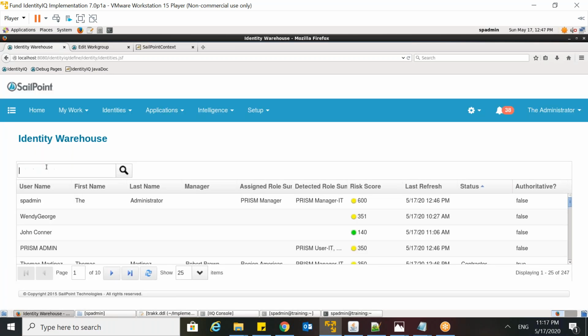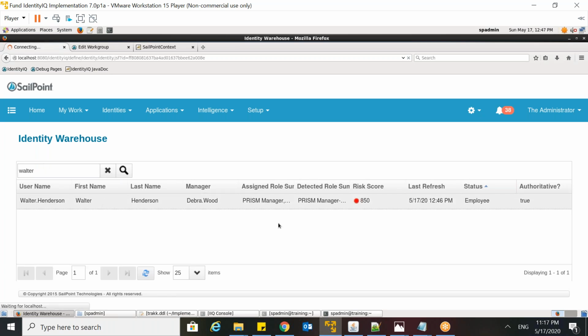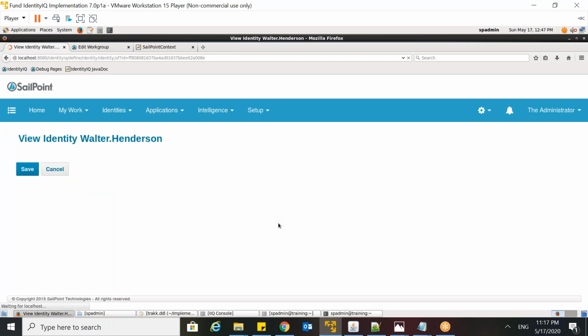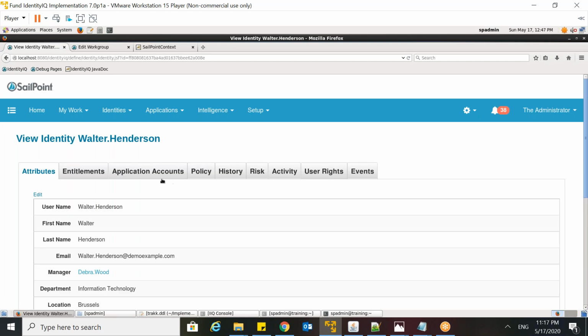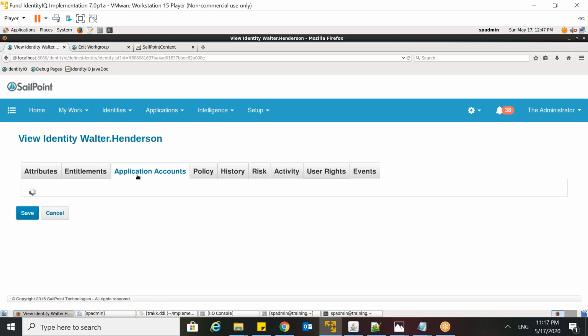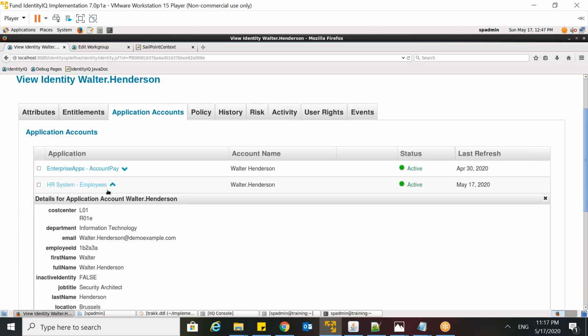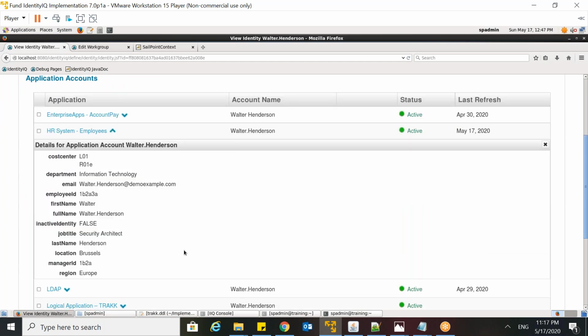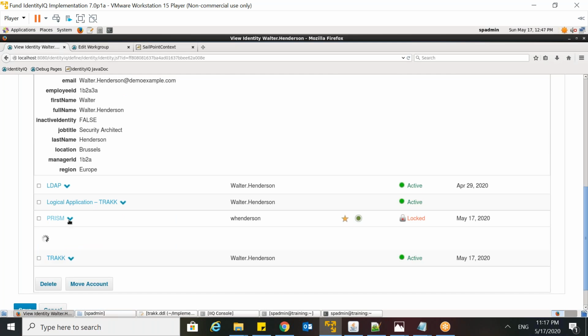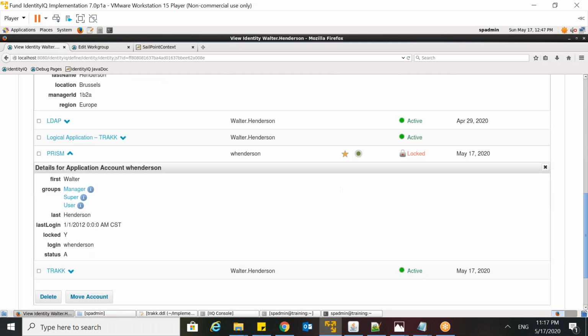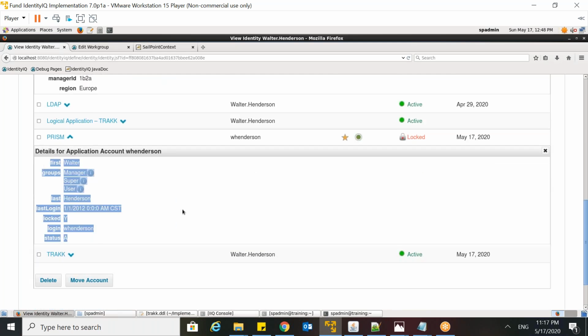Again, we'll check whether correlation worked or not. And the second thing that we will check for over here is whether our group aggregation task is able to populate our entitlement catalog. So again, this is my base application or authoritative application. And when I'm aggregating from Prism, I could see over here that